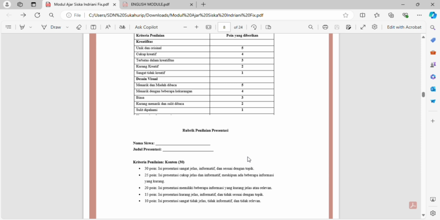Presentation assessment rubrics help ensure that presentation evaluation is conducted objectively and measurably. Clear criteria and a well-defined rating scale help reduce bias and subjectivity in assessment.